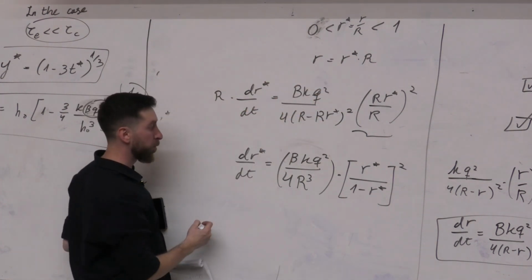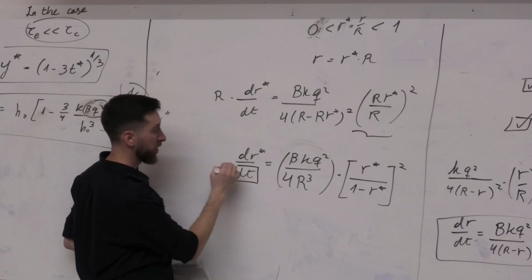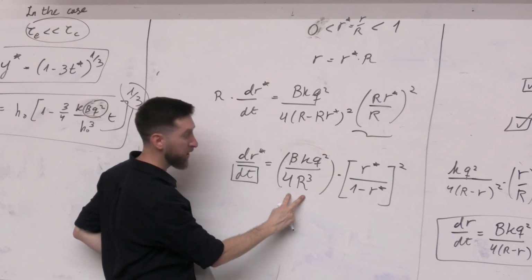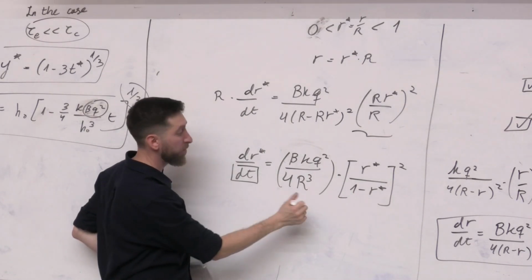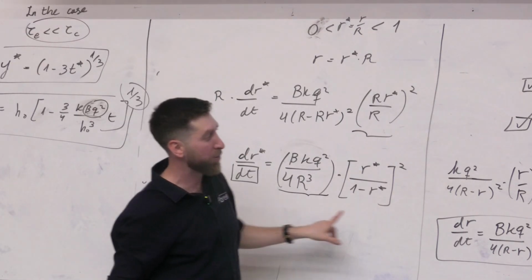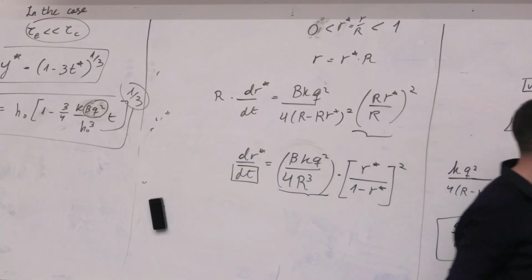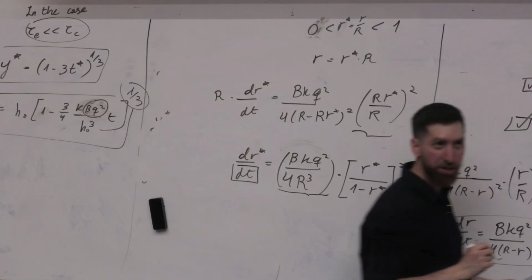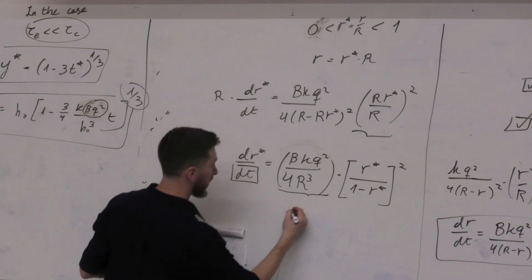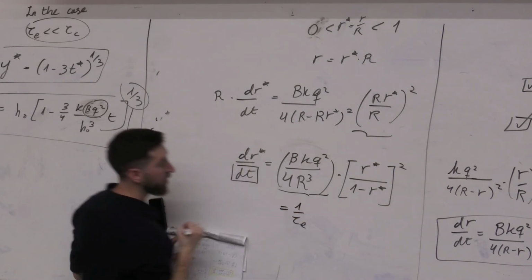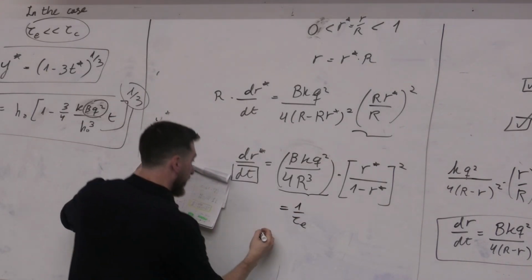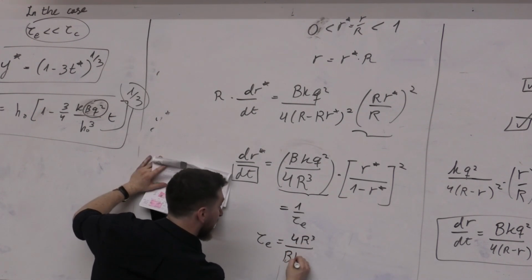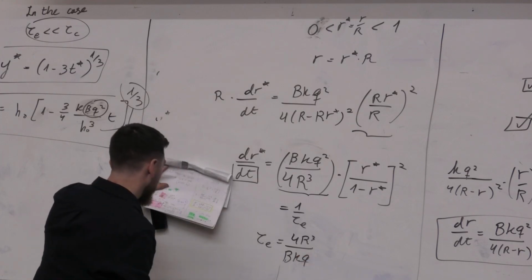What is the time scale of the problem? This has a unit of 1 over time. This doesn't have a unit, right? We divided by r. So this is 1 over our time scale. And look, it's the same time scale that we had before. Recall from the previous problem? Lc now becomes the radius of the problem. So this is equal to 1 over tau e of our problem. So tau e equals 4r to the third over bkq, and we can also say that q